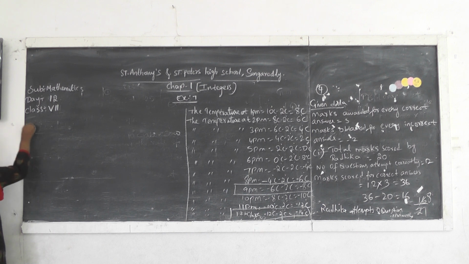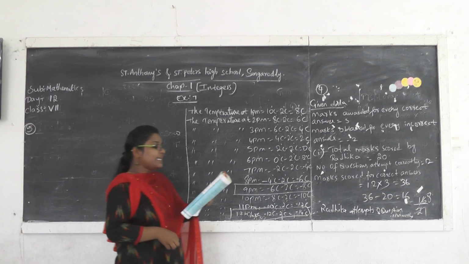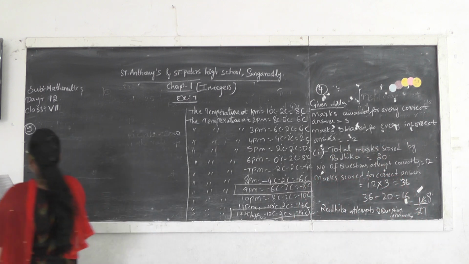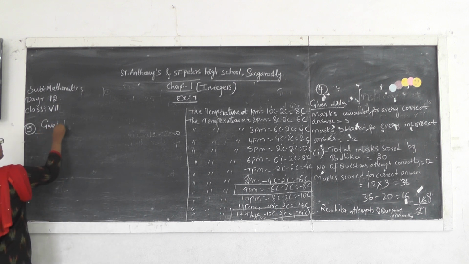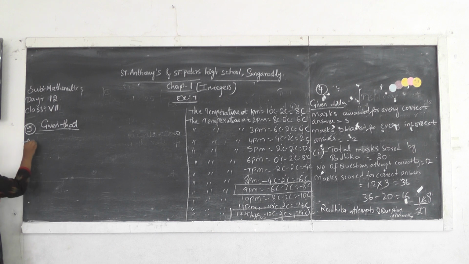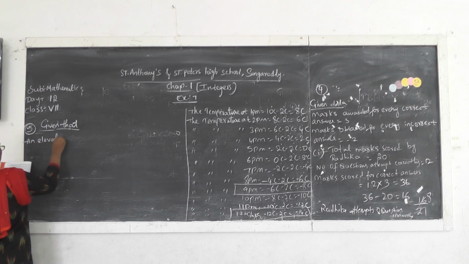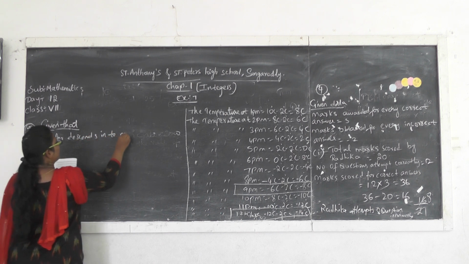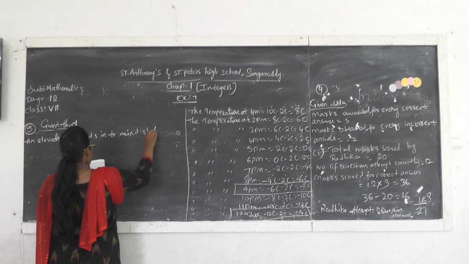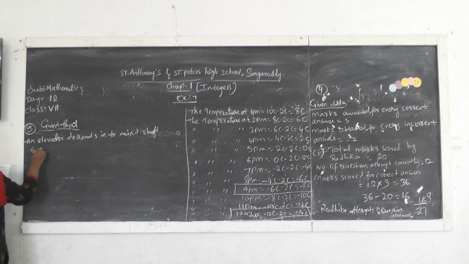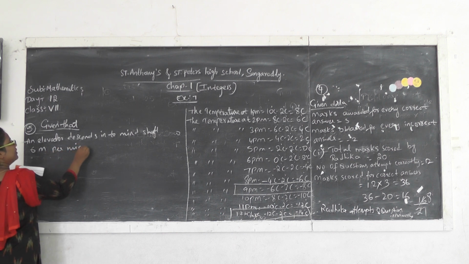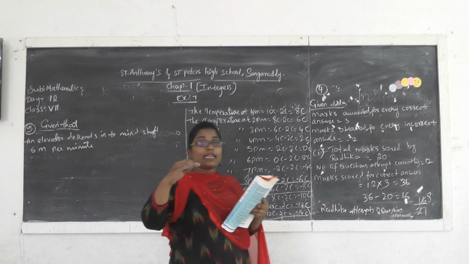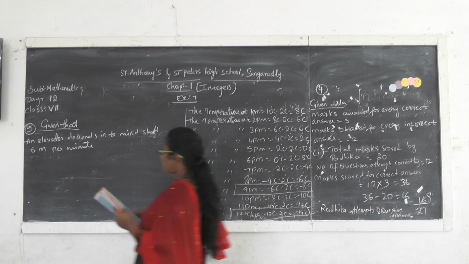Fifth question. An elevator descends into a mine shaft at the rate of 6 meters per minute. Given that an elevator descends into a mine shaft at 6 meters per minute. So, what we have to find? If the descent starts from 10 meters above the ground level, how long will it take to reach